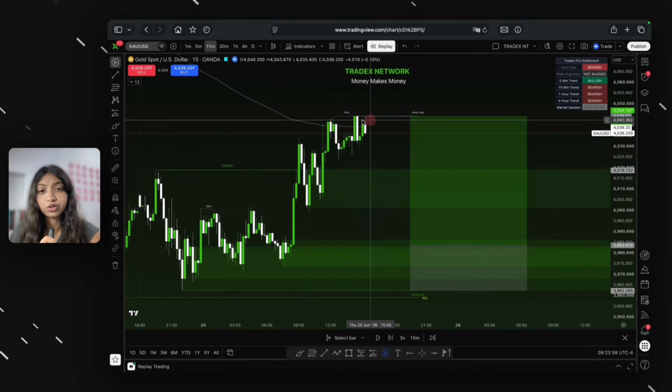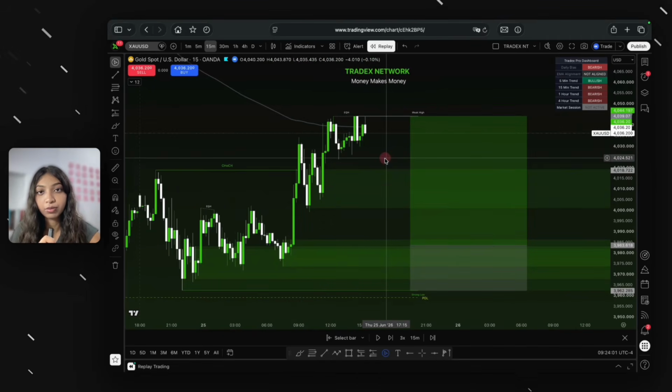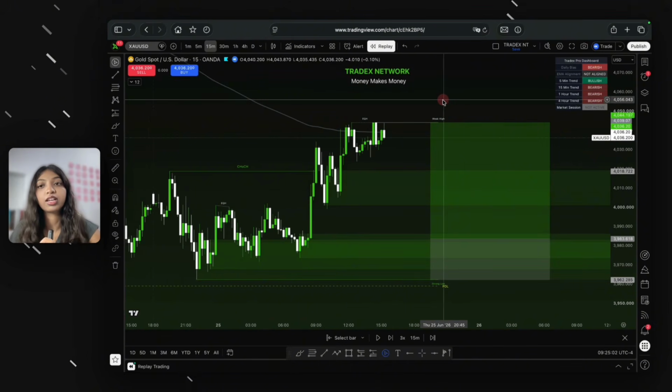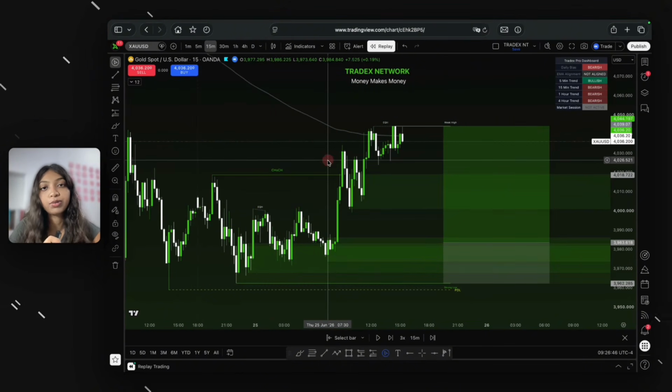Like, I don't even have to draw these levels. It automatically does that for me. And this dashboard cuts out all the noise, all the retail noise, and gives me only the things I want to see. The next thing that I'm going to be doing is dragging my